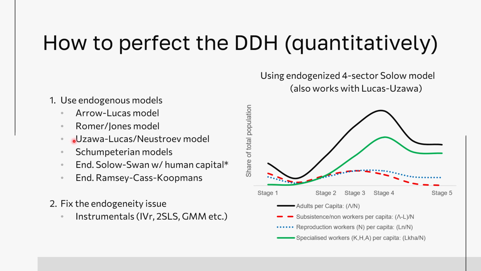Another option is the Lucas-Uzawa model, and that, of course, is very similar to the Solow model. The Lucas-Uzawa at its core is effectively an endogenized Solow-Swan model. We mention the Neustr variant here because that adds natural resources as another factor of production, which maps well with the core factors of production, but it also gives the model a more intuitive sort of framework in terms of